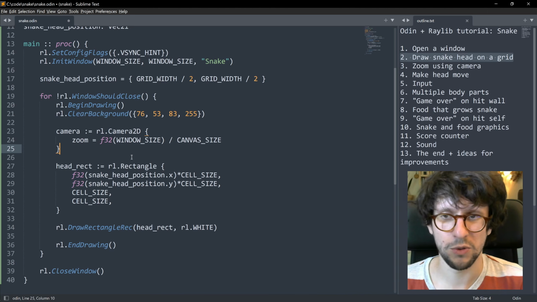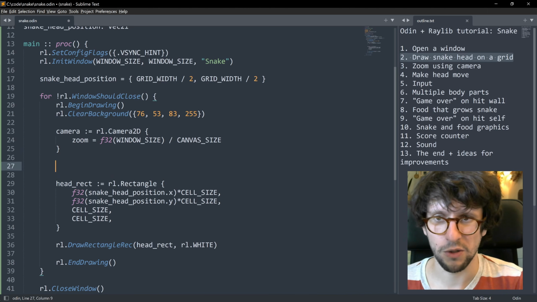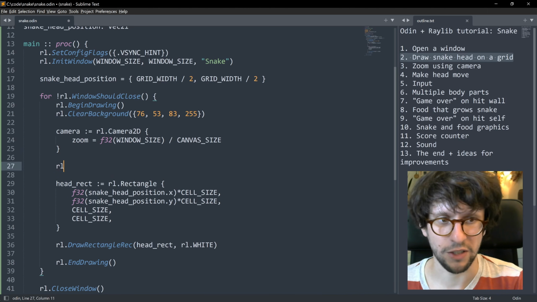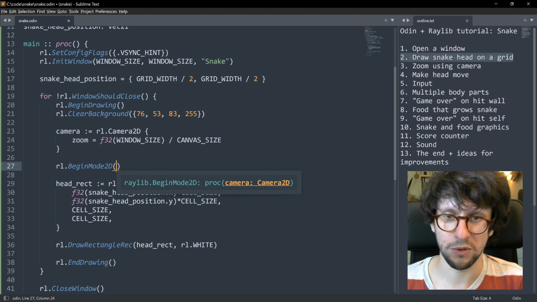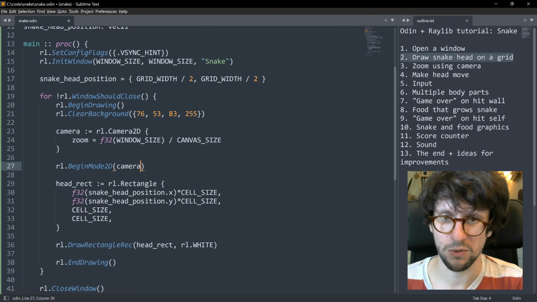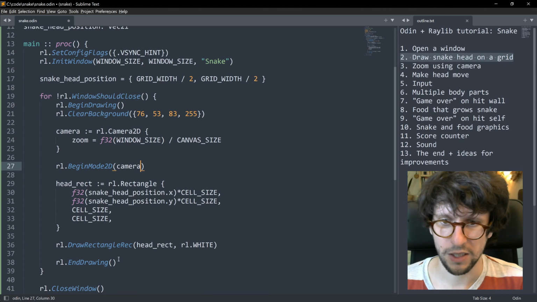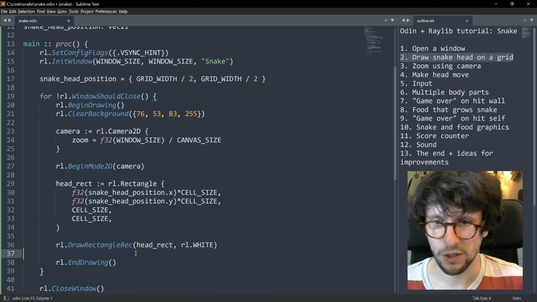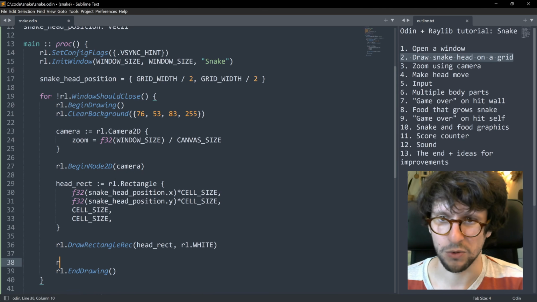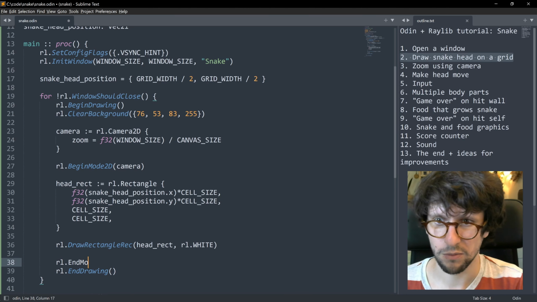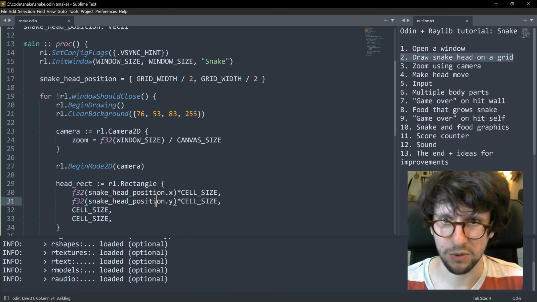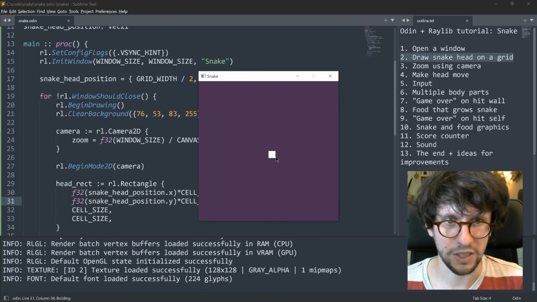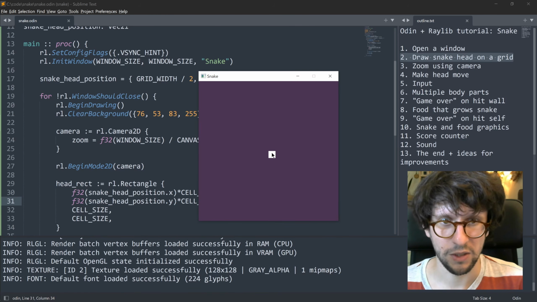So now we just need to use this camera. So just below the camera definition here write rl.BeginMode2D, and then BeginMode2D wants to have a camera sent in, so we just write camera like this, and then just before we stop drawing we will end mode 2D, so write rl.EndMode2D. And now if we press F7 to run and play, you see that this square is now here,